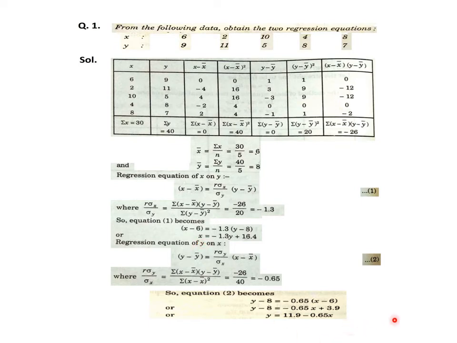So in this lecture, using the given data, it was quite easy using that strategy to obtain two straight lines. One was to be nominated as the regression equation of x on y, while the other as y on x. In the next lecture, we will discuss one important problem of regression where both these lines, x on y and y on x, will be given, and then we have to analyze them.